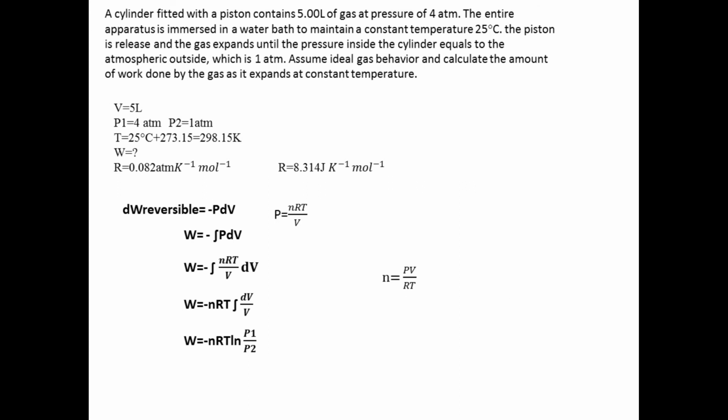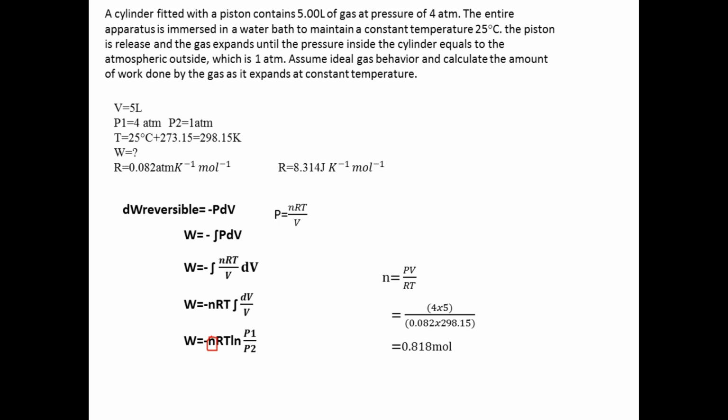Substitute P, substitute V, substitute R, substitute T. Then we get 4 times 5 divided by 0.082 times 298.15, and then we get the number of mole is 0.818, and then substitute this number of mole in this